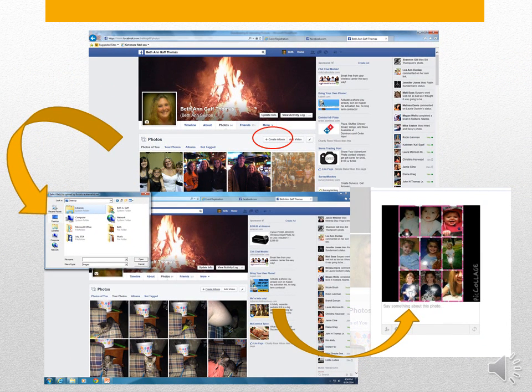Okay, so this page looks a little bit busy. Don't get discouraged. It's really easy to follow. We're going to start with that very top picture where you see my face and a campfire. What I've done in this picture is I've pushed on my Photos button, which is on my timeline,